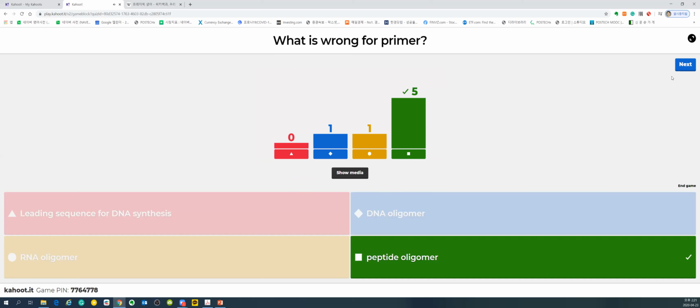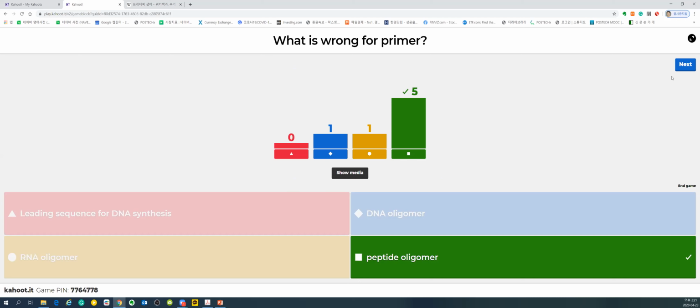Okay. The first red one is the definition of a primer. You need to have a leading sequence which is attached to the template, and then DNA polymerase starts to synthesize following that primer. Okay, it adds more material to the primer. That is the primer. Usually the primer for DNA synthesis is a DNA oligomer, correct? But if you add an RNA oligomer, it can also act as a primer.